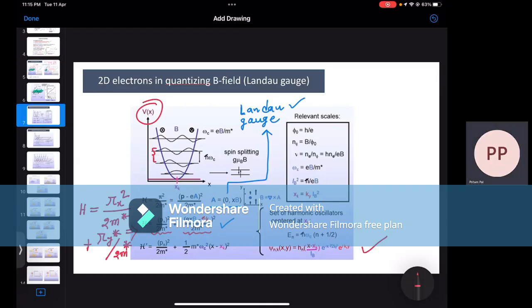Those wave functions, if you are not comfortable with quantum mechanics, then just keep the idea that there are states which are separated in energy by h bar omega c. So let's zoom in on the splitting: in the presence of magnetic fields, how will each one of these split? If we don't apply any magnetic field,